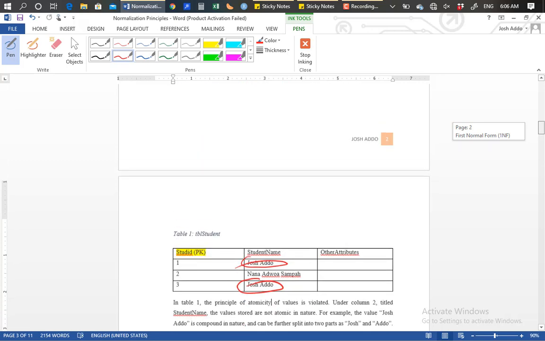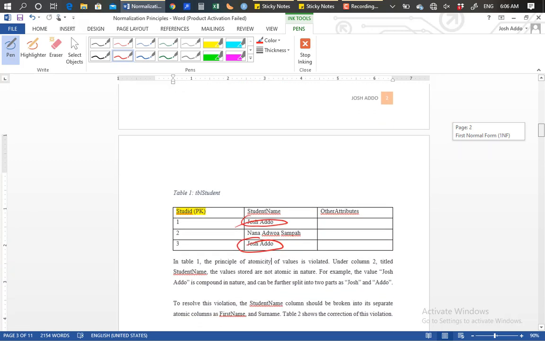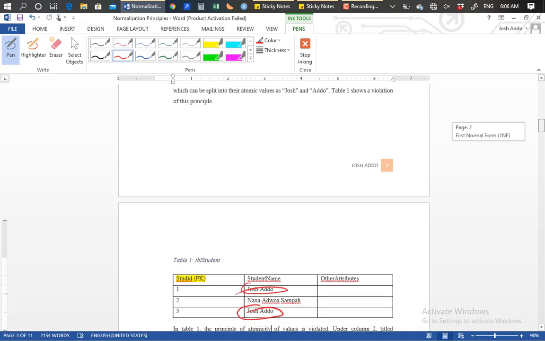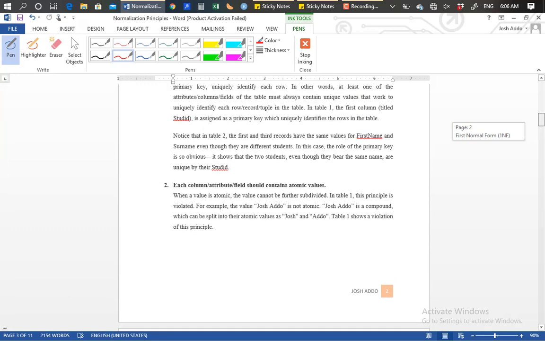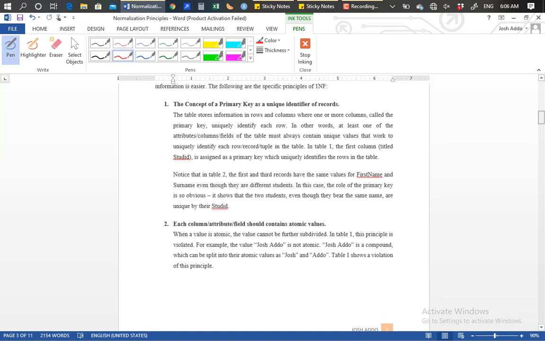The second principle in first normal form is that each column, also referred to as an attribute, that's one you know already, and more specifically, to access, a column is also referred to as a field. So each column, each attribute, each field should contain